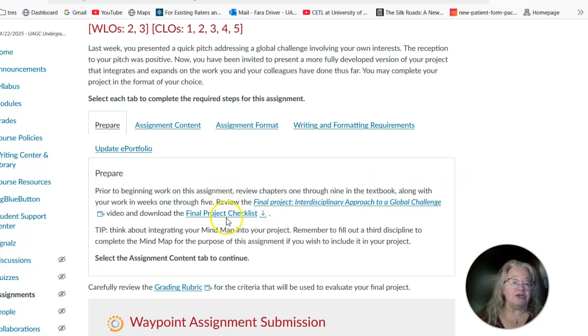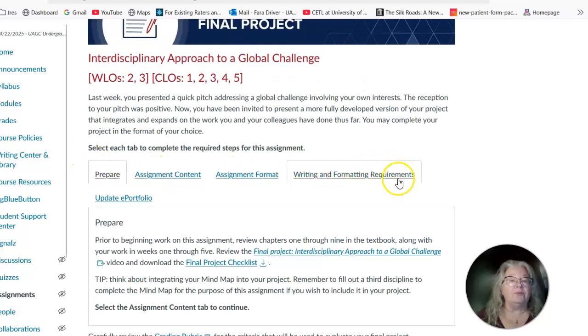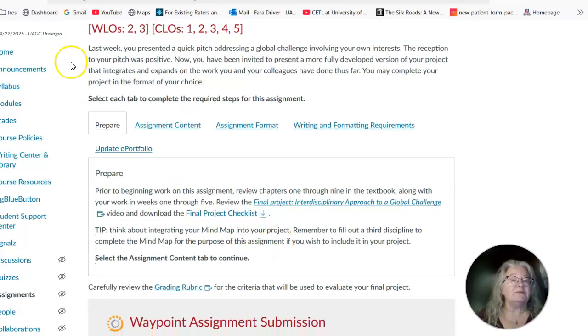It has a final project checklist, which I encourage you to download and keep up with. It has a video that's a good idea for you to go ahead and watch. I'm just going to recommend that you watch it right now. Go ahead and get some sense of what you're doing. And notice that there are multiple tabs in this that will explain what you're doing. Under assignment content,